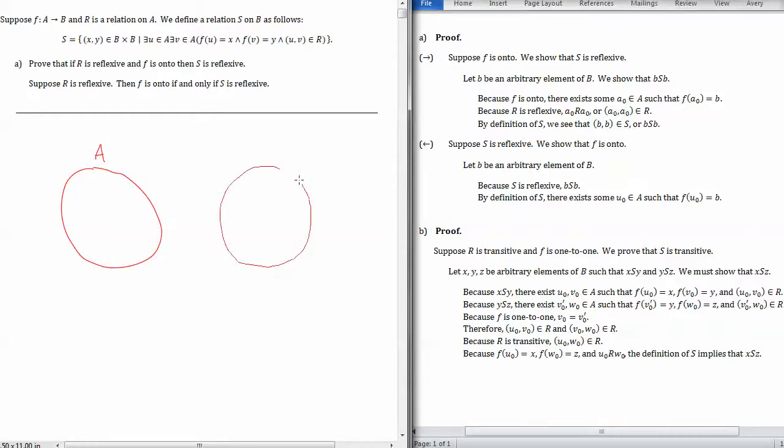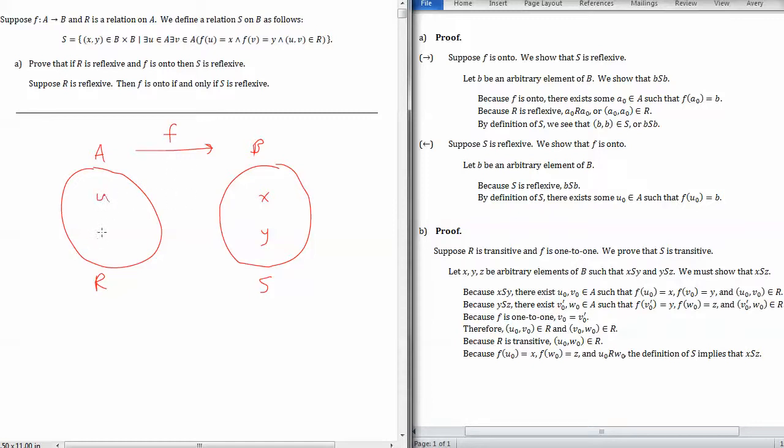and a set B, a function f from A to B, and we start out with some relation R on the set A, and we're going to define a relation S on the set B as follows. An ordered pair x, y is going to be in S. Okay, so let's consider an x and a y over here in B. It's going to be in there if there exists a u and a v over here in A,